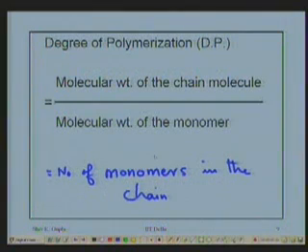I am not talking about the processes of forming polymers. In school you have already studied that there is addition polymerization and condensation polymerization. Here we are referring to addition. What I have talked about, polyethylene, is only addition. Therefore, the molecular weight of the chain molecule and the molecular weight of the monomer will work in this case. When you talk about condensation polymerization, we will normally be forming network polymers.